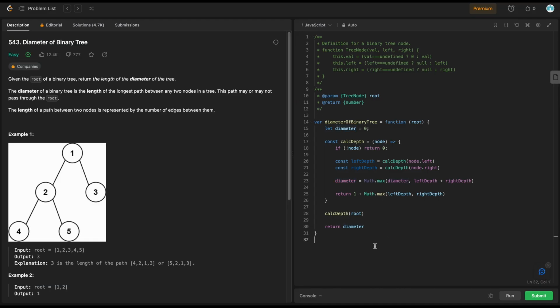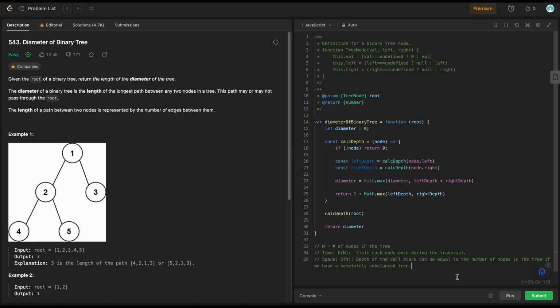Final thing I want to discuss is the time and space complexity. So our time complexity is O of n, which is linear, and this is because we visit each node once during the traversal. Keep in mind that the n represents the number of nodes in the tree, and since we basically traverse every single node in the tree exactly once, we're going to have a linear runtime. Our space complexity is also going to be O of n, linear, and this is because the